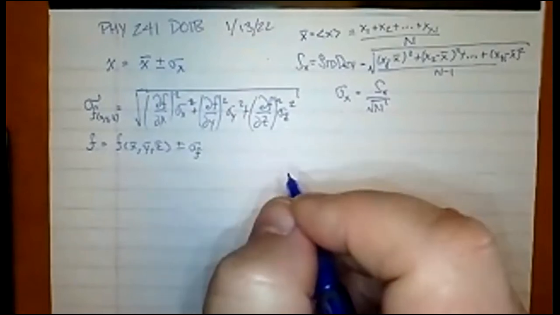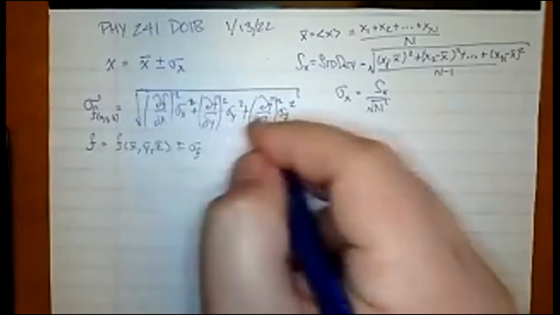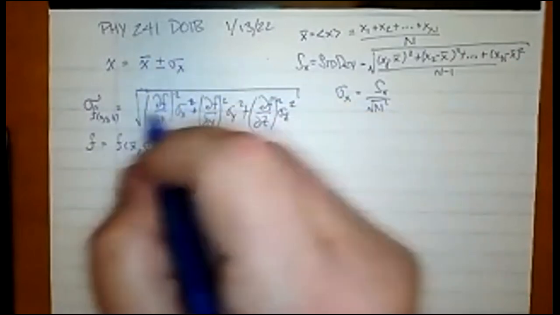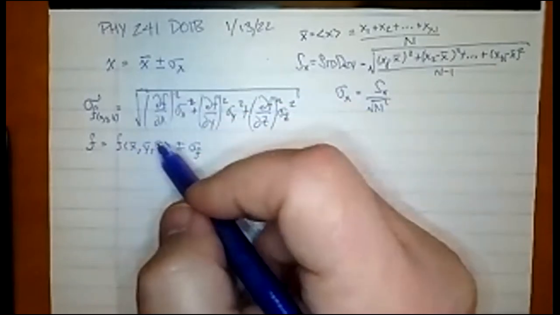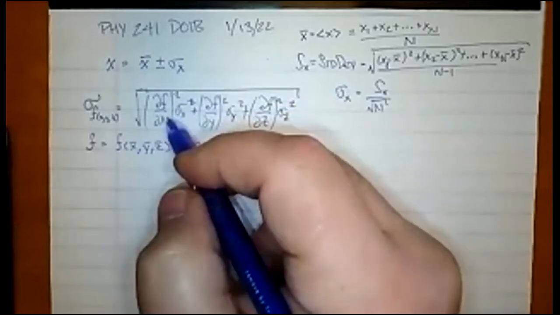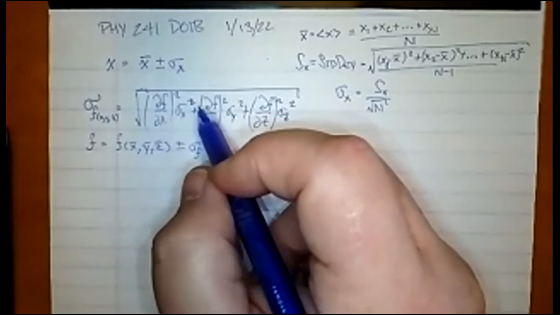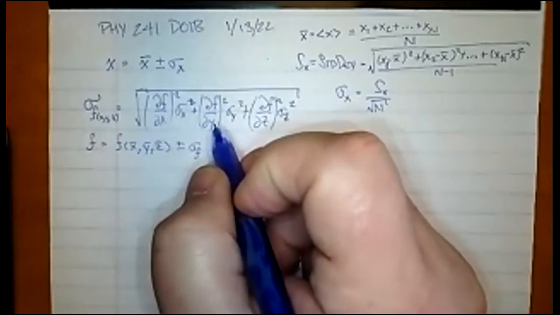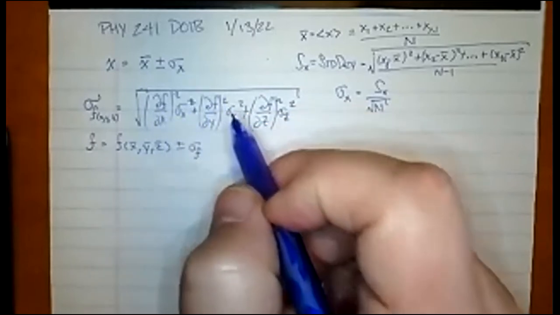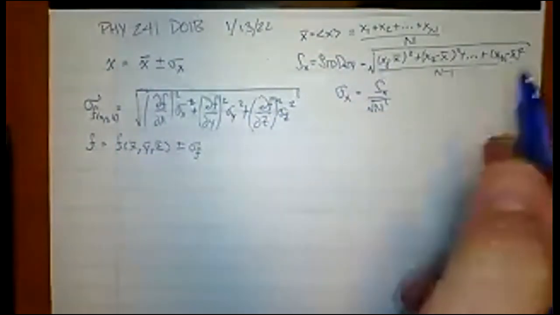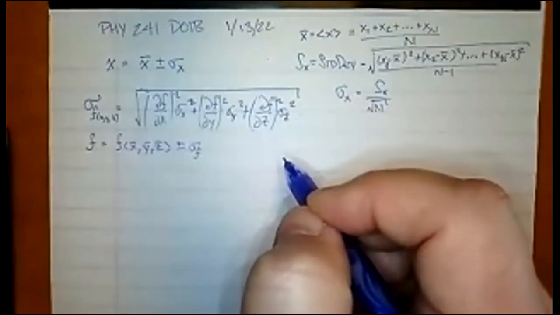Okay, so that's the big rules. Those are the big things you need to know. Those are the things you need to be able to calculate. The good news is there's a lot of simplifications for this. Like I gave you at the end, if f of x, y, z is just a product of x's, y's, z's, and so on, then it's just going to be the fractional error of x squared, fractional error of y squared, fractional error of z squared. And if you had more factors like w, u, so on and so forth, it would just continue to be the sum of those squares.